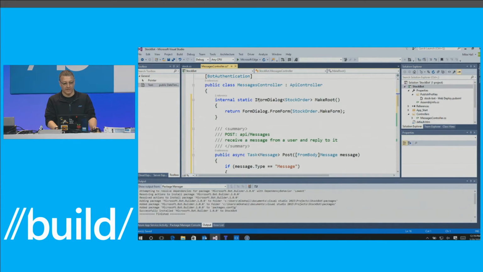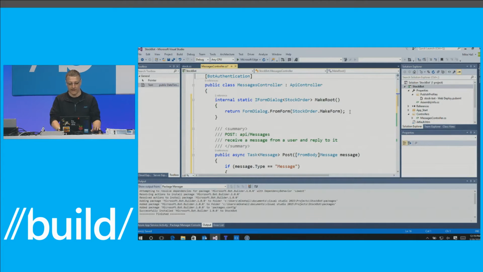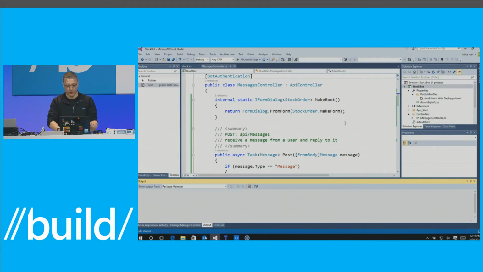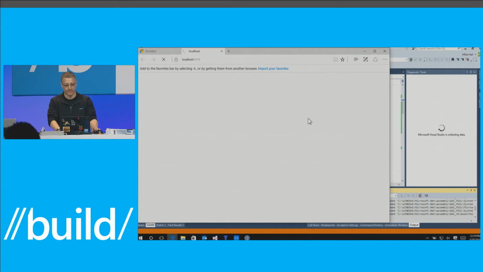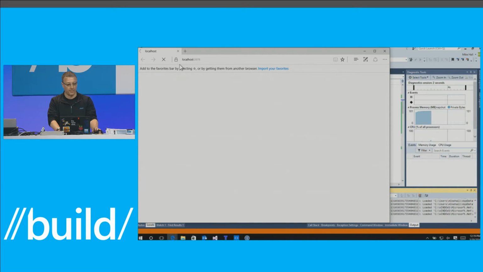So this is where the dialogue comes in, right? This dialogue is built from the form, and then the stock order make form. That's where the form information gets built into the dialogue, and then the dialogue is handled with the user. So what I'm going to do is build that, run that, and again, we should see the standard web page